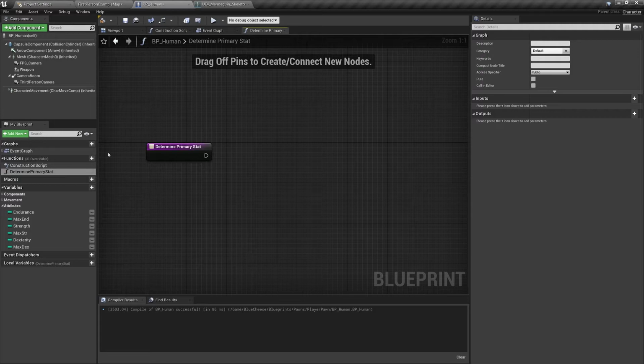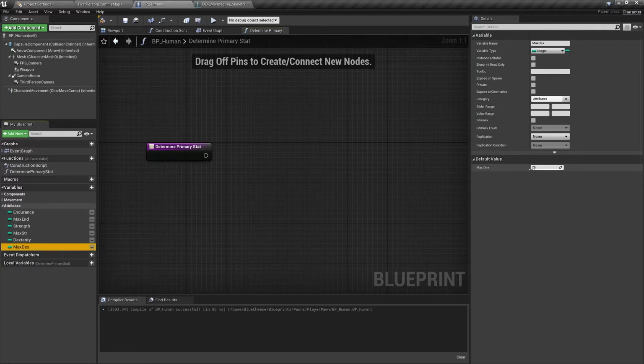Now on the parent character, I should set these all to 50 to make them the default, and then I can go into our child actor and actually set that. So let me do that instead of the way that I did this. So bear with me just 1 second. And I believe endurance is already 50. Yeah, okay. We'll compile, we'll save. All right, so what we're going to do is